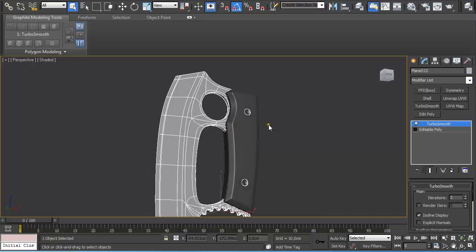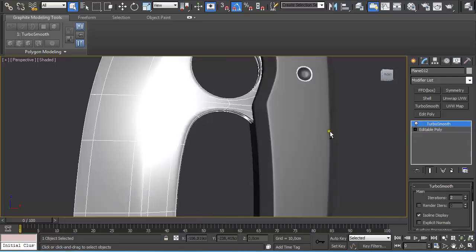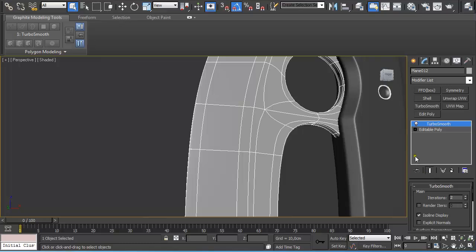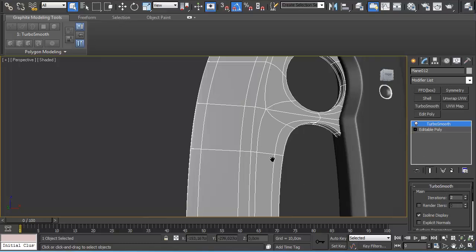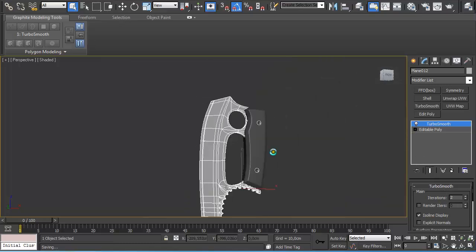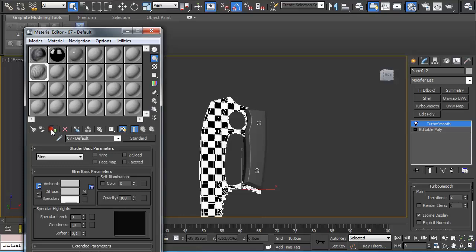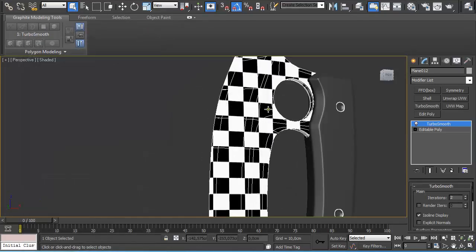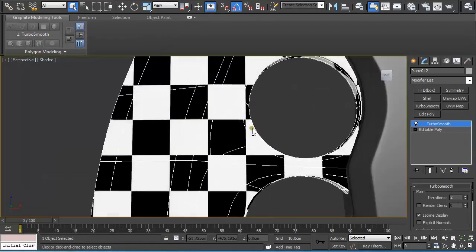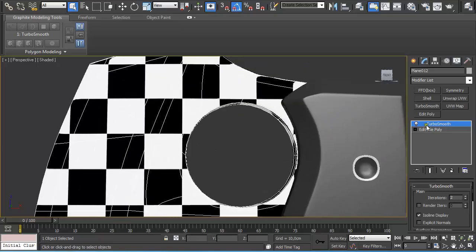smooth transition between textures when applying Turbo Smooth modifier, because as we can see here I have a Turbo Smooth modifier with 2 iterations, isolate and display turned on, and if I apply a different material, a checkerboard, we can see there are almost no deformation about the edge of the texture. So if I